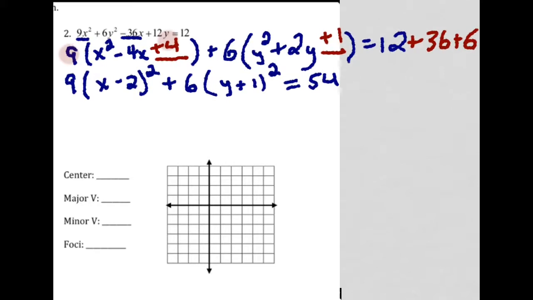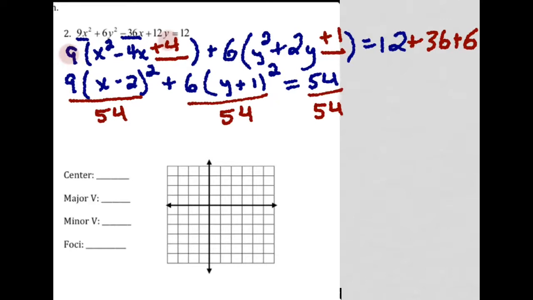Okay, now hang with me here. Remember, the standard form of an ellipse has equal to 1 on the right side. So what we need to do here is change that 54 to a 1, so the way we do that is divide through by 54. I'm going to erase this in a second, but I just want to show it to you this way first. So when we divide the left side by 54 also,